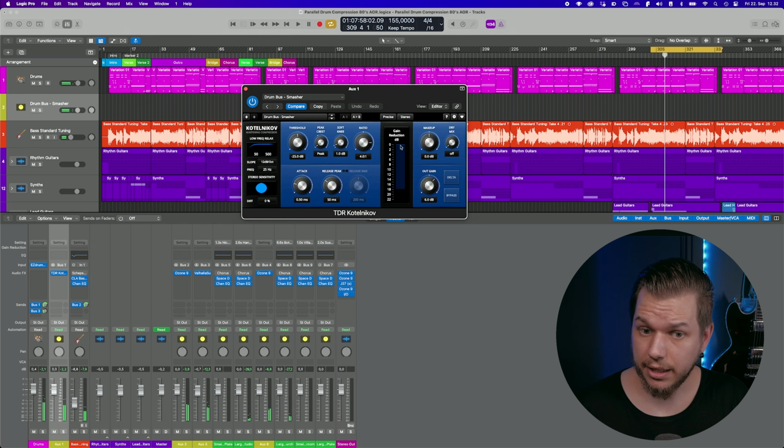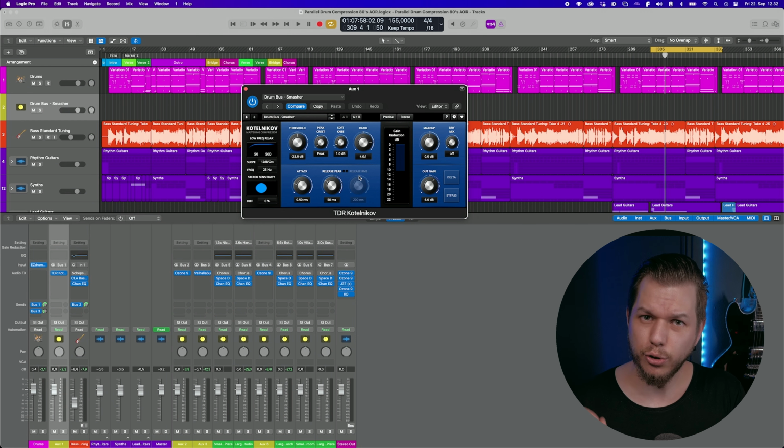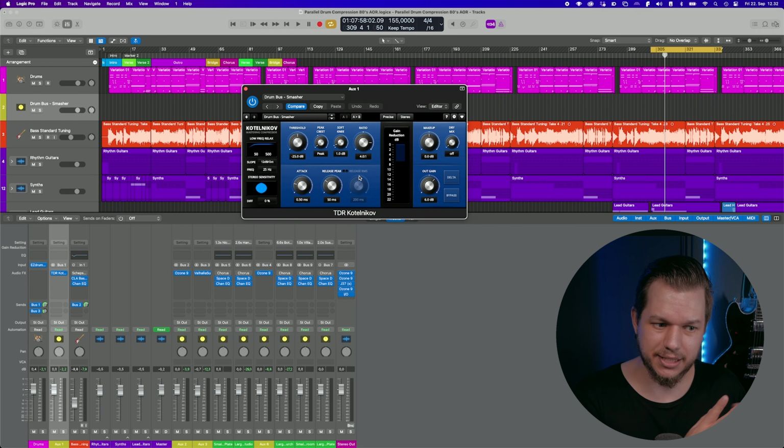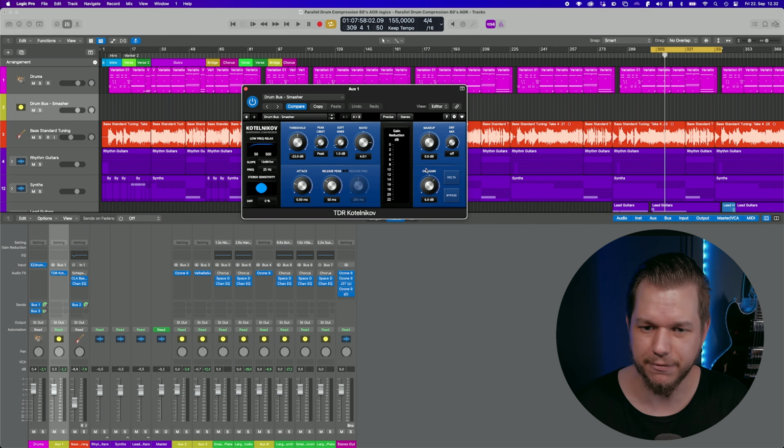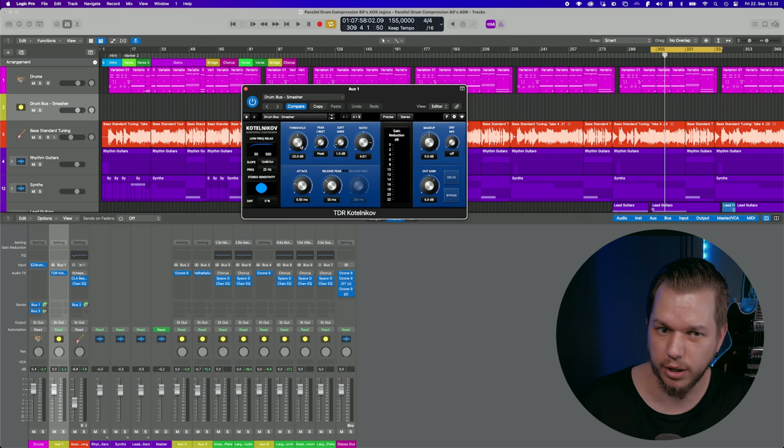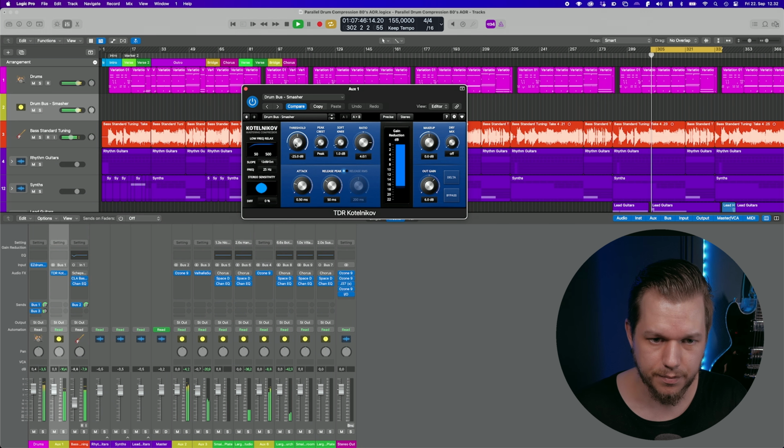Yeah, it's compressing like crazy right now. We're gonna tweak the threshold in just a minute. But do you also notice how it extends the crazy snare's reverb trail? I really love that for this kind of music style. Let's back down the threshold a little bit and tweak a bit more.